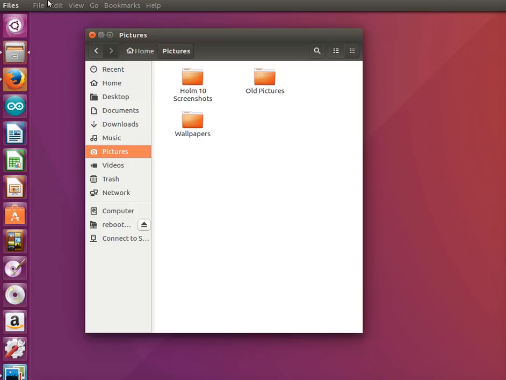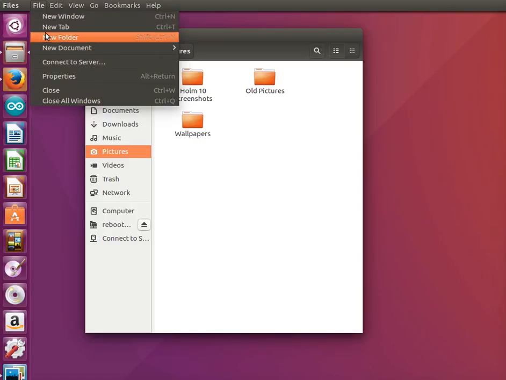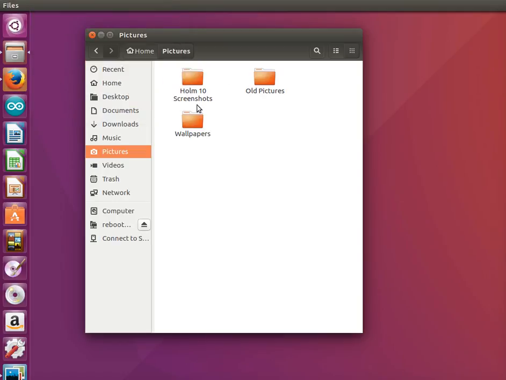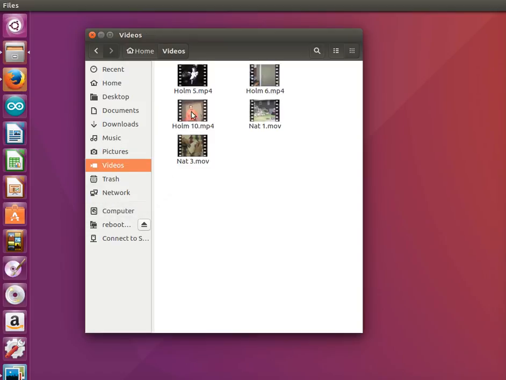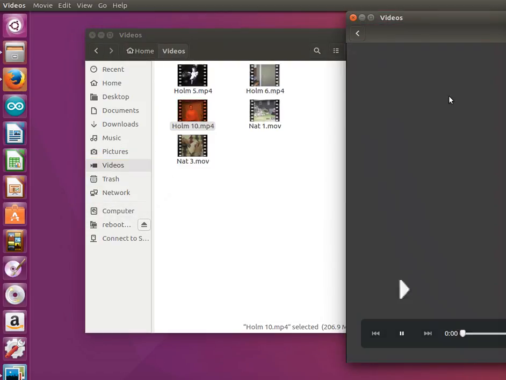To create the folder, you go up here to File, New Folder. Once you create it, it'll drop inside the Pictures folder if you're looking at it like this, and then you can name it what you'd like. Alright, so I've already done that, so we're going to go and start to grab some stills. So I'm going to open up Home 10,